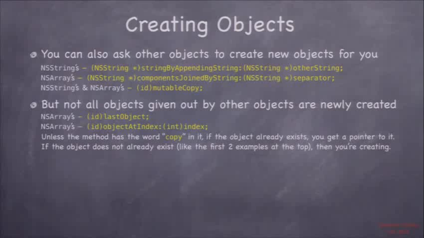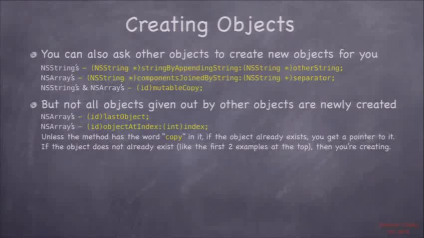So that's another way that you're creating objects. Of course, not all methods that return an object are creating an object, like we saw in NSArray: last object, first object, and object at index. Those aren't creating new objects. They're just giving you pointers to the objects that are in those arrays. That should be completely obvious to you, but I just want to make it clear, these are pointers to objects,